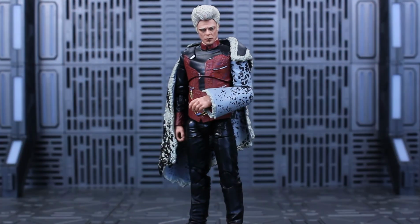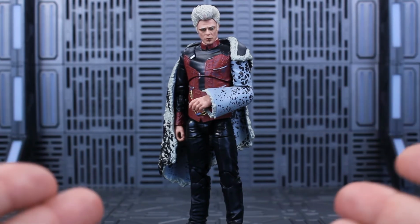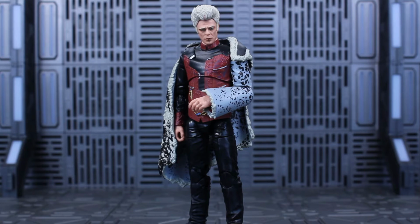For those of you who've followed me over the years, you know that this was one of my dream figures on my wish list. I didn't care how to get the Collector, whether it was comic version or MCU version. I just wanted the Collector, and it's finally in my hands, and I am so freaking happy. So I definitely want to cover his sculpt and look and paint job first, and then we'll take a look